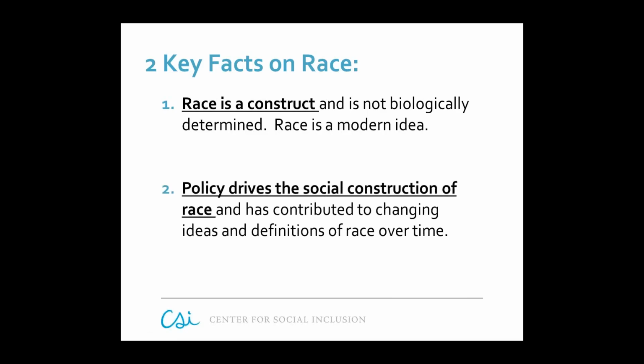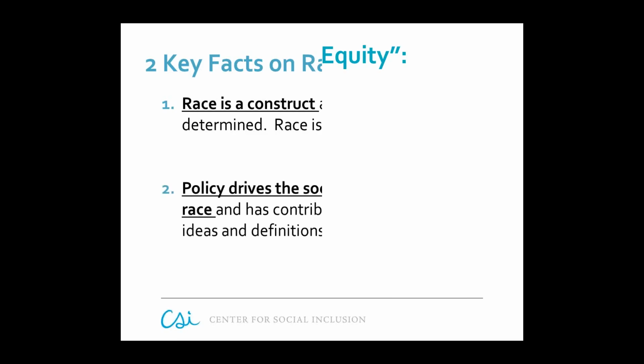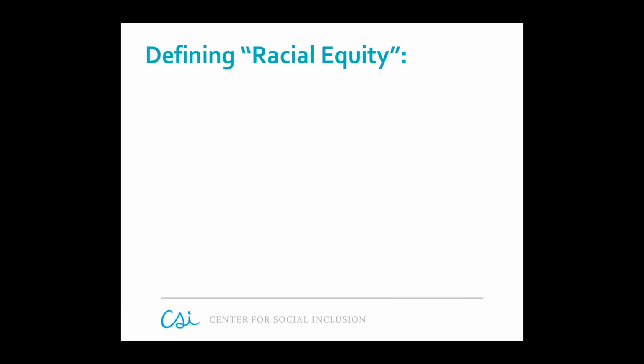We'll talk more about policy history in a bit to examine this particular point in greater depth, but my main takeaway I'd like you to leave with on this particular slide is that race continues to be a powerful construct that determines who has access to opportunities in our society and who does not. And our government and society is arranged in such a way to privilege some groups over others based on race. So let's also jump into a definition of racial equity and make sure that we're all on the same page of understanding what we mean.